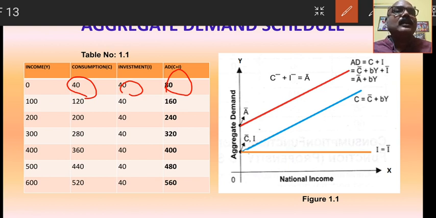Keynes ने ये बताया कि इनकम जब जीरो होता है, हमारा कंजम्पशन पॉजिटिव होता है, कंजम्पशन जीरो नहीं हो सकता है. और वो कंजम्पशन को हम कहाँ से फाइनेंस करेंगे? फ्रॉम वेयर इट इज मेड फ्रॉम आवर पास्ट सेविंग. For a very nice example, you know that since the last 2 years there are COVID cases. So many people remain out of job due to the effect of the pandemic situation. But can you say that in spite of zero income or nil income, their consumption is also zero? Never.